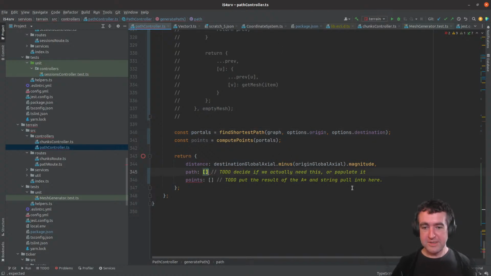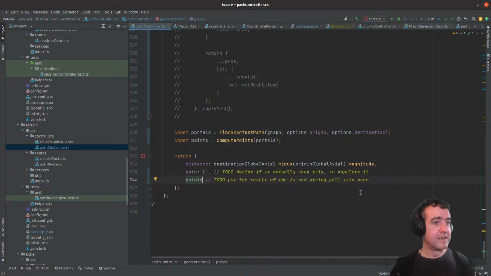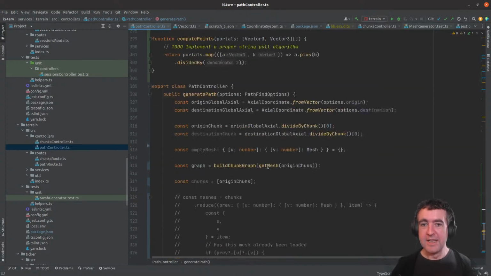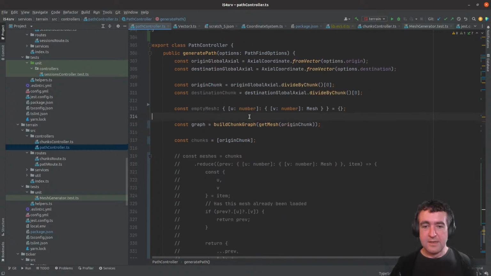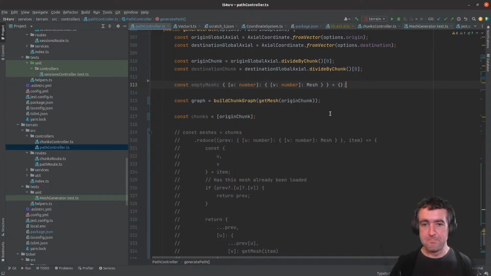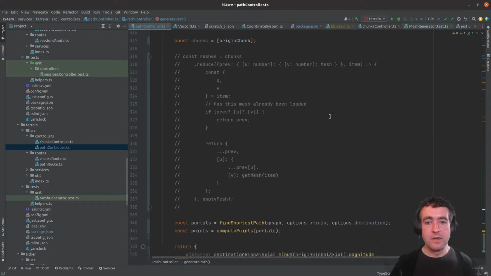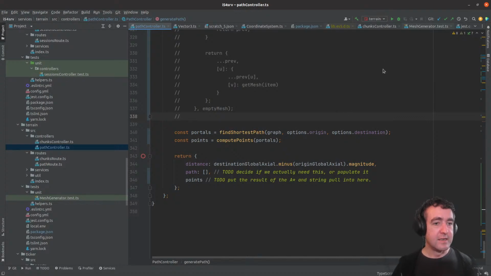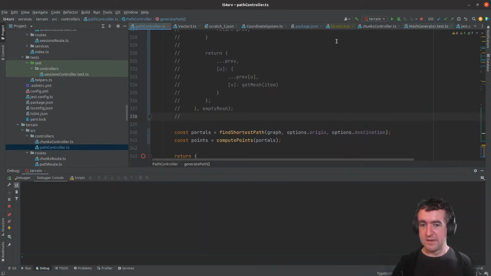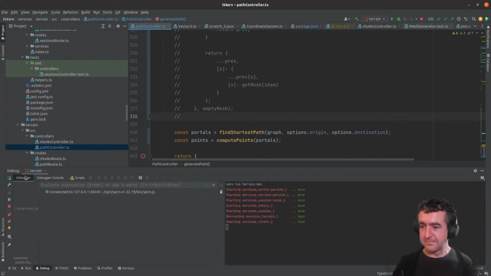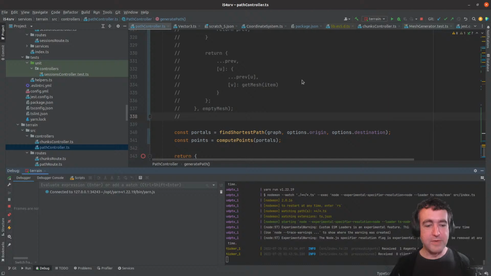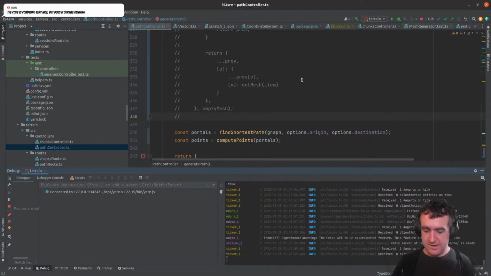Okay, I almost have my code compiling. Paths will be that. Points is going to be points. Comma expected. Simplify that like that. And I think my code's compiling. I've got a whole bunch of code here that doesn't actually get called. I'm just going to ignore that. Run the service and see if it works. I would bet good money that this does not work. I know I should be more confident,